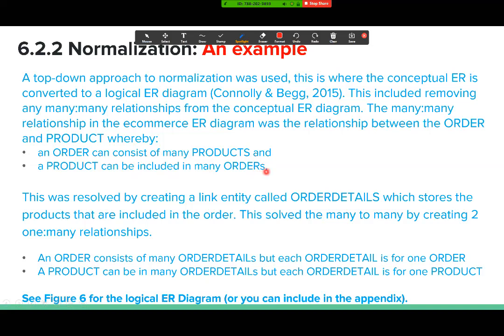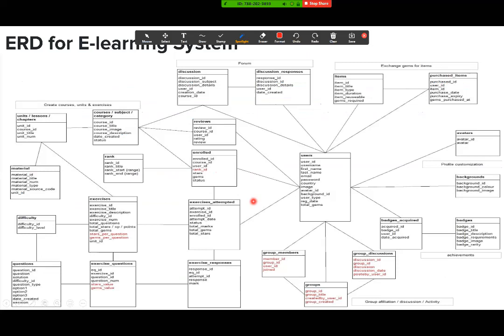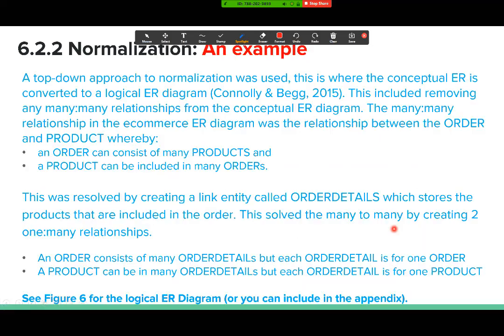So that's a many-to-many. This was resolved by creating a link entity. What was the name of the link entity? Badges acquired. Right. This was resolved by creating a link entity called badges acquired, which stores the badges that are acquired by each user, right? And this solves the many-to-many, right?